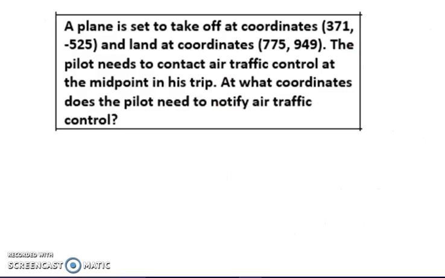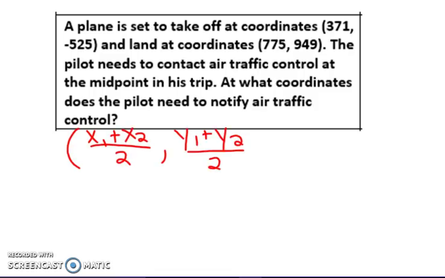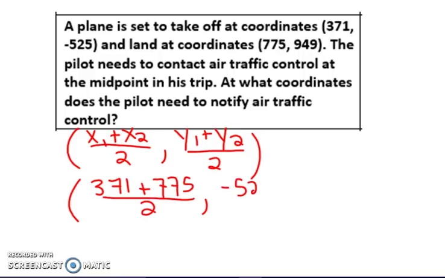Our second problem: a plane is set to take off at the coordinates (371, -525) and land at coordinates (775, 949). The pilot needs to contact air traffic control at the midpoint in his trip. What are the coordinates the pilot needs to notify air traffic control? So again, we have x1 and x2 divided by 2, y1 and y2 divided by 2. Well, this becomes (371 plus 775) over 2, and (-525 plus 949)